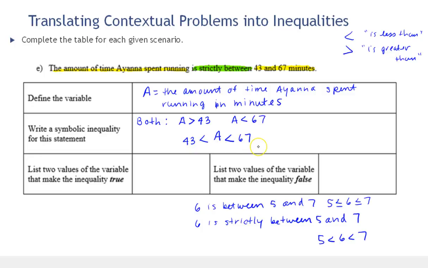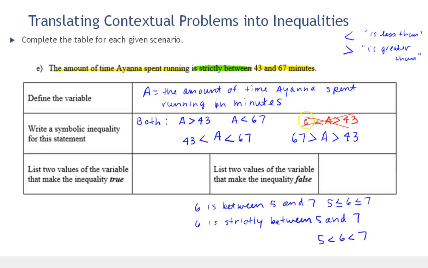So notice, just like we did before, I could reverse this order and say 67 is greater than A, which is greater than 43. Okay? So notice all of my inequality symbols are going in the same order. Now I'm going to write something in red, which is wrong. Okay, now red, I'm going to put a big X through it because my inequality symbols are not going in